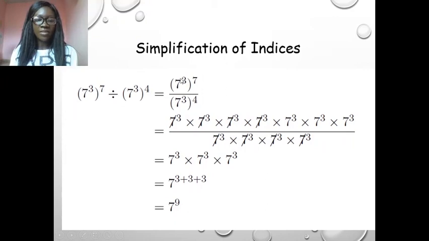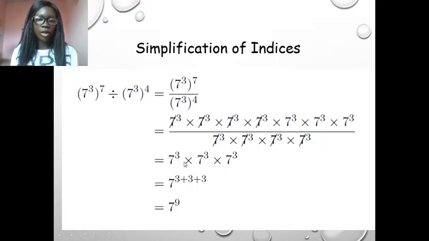So here we have 7 cubed all to the power of 7, meaning that I'm going to write 7 cubed 7 times, which is written here at the numerator, and at the denominator I'm going to have 7 cubed 4 times. So 7 cubed will cancel 4 times, and I'm left with